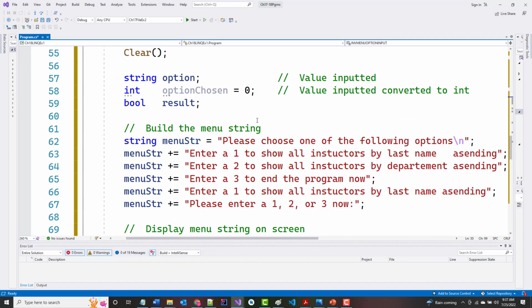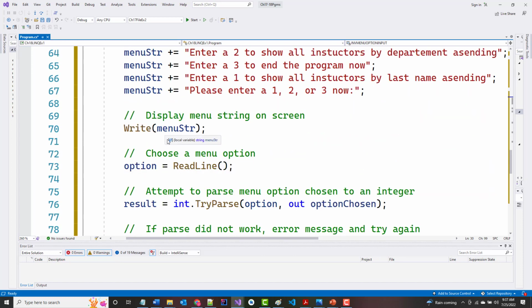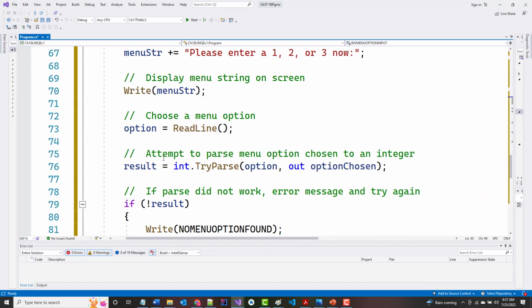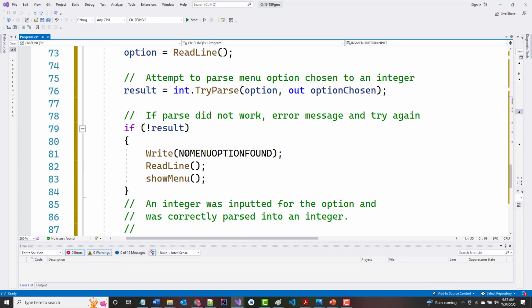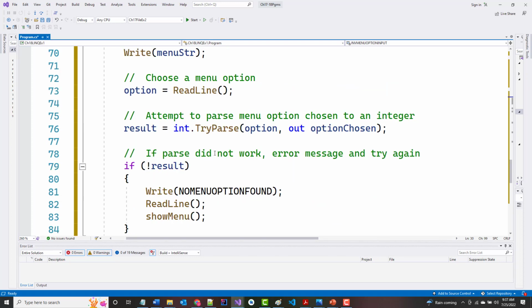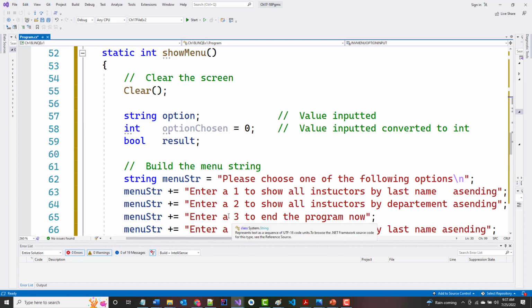So they come in here. We ask them to enter one of the following options. Okay. Then we give a read line. So they enter it. The result gets put in here. We try to parse it. If the parsing didn't work, we tell them, no, it's not no menu option found. It should be